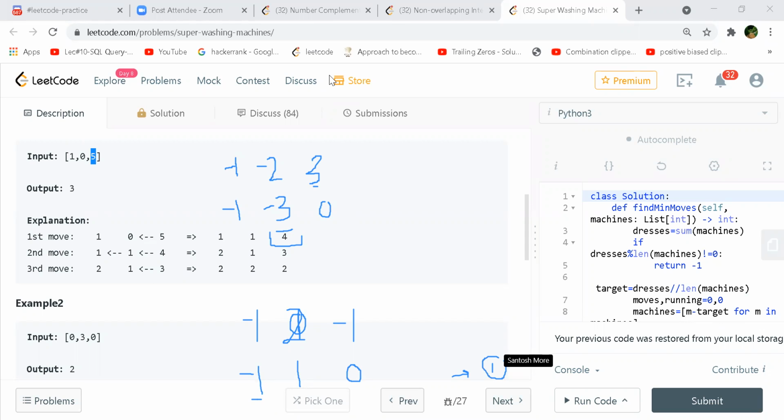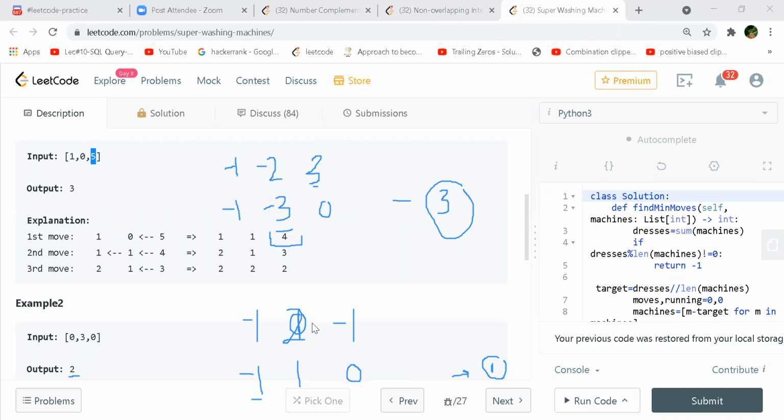Because if we take this way, we took -3 as an absolute value, and 3 was our answer. But in this case, the answer should be 1 as per the above. But if you look at the output, it is 2. No, but that should be 0, right? The middle one should be 0. Like in the first one, which was having the surplus amount, finally it went down to 0, right?